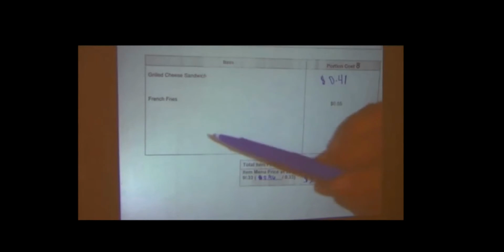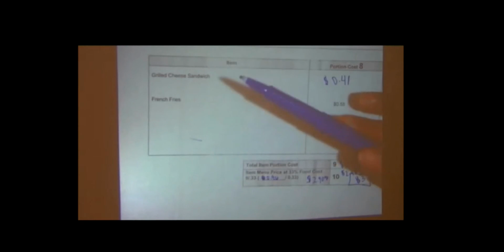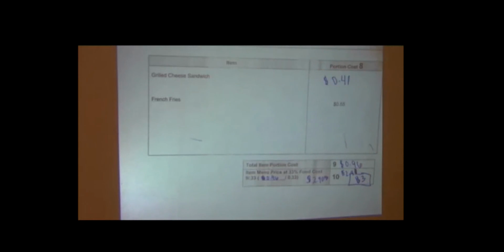So ProStart, if you are changing your menu and say, for instance, we're doing grilled cheese with French fries and that radish rose, you need to go back and do a separate recipe worksheet and food costs worksheet for the radish rose, and then you would just add it here. This part would just change in terms of numbers, but you can keep this here because it will still be the same menu item. That is how you cost